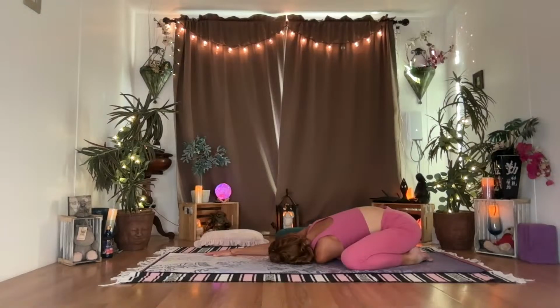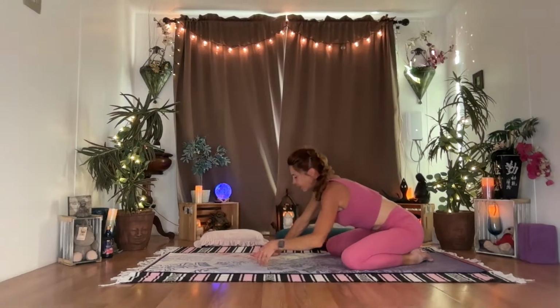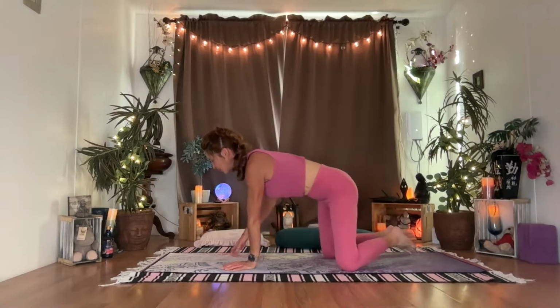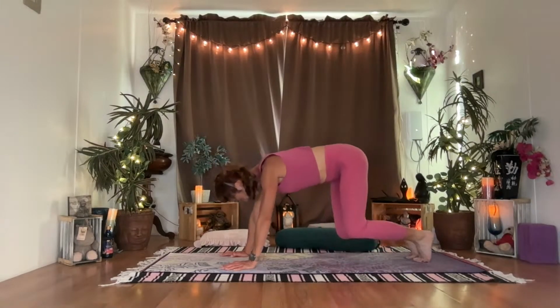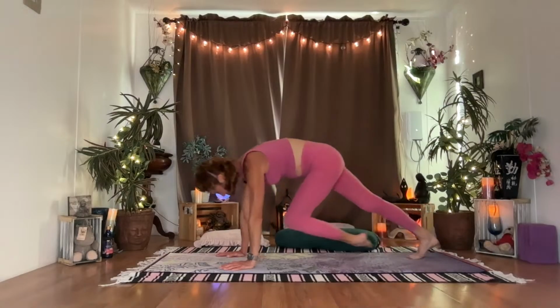Take 1 or 2 more breaths right here. Slowly, slowly make your way out. Returning to all fours, same leg. You may wish to push up into a down dog or a plank, or either way, just bring